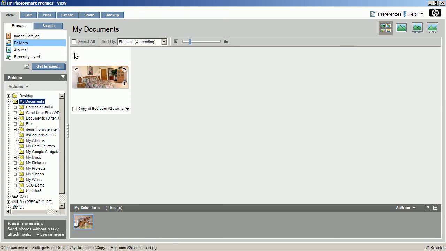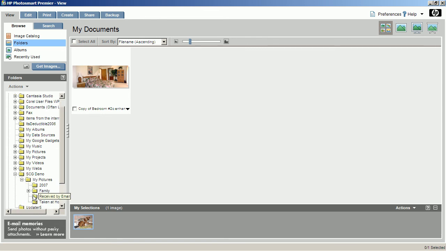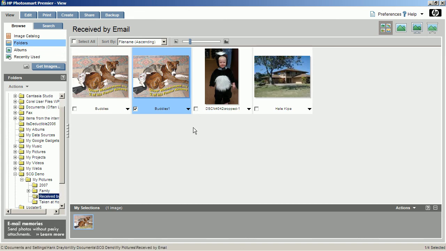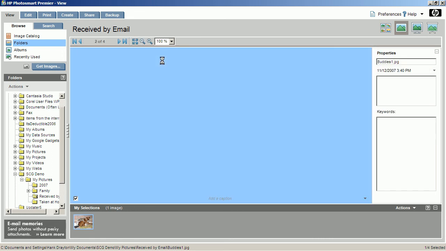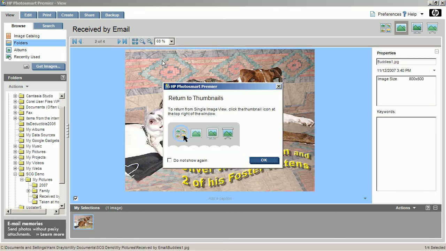In this version, you can browse by the folders in your computer. So we would go to SCG Demo, we'd go to My Pictures, we'd pick maybe Received by Email, we would select a picture, double click it,